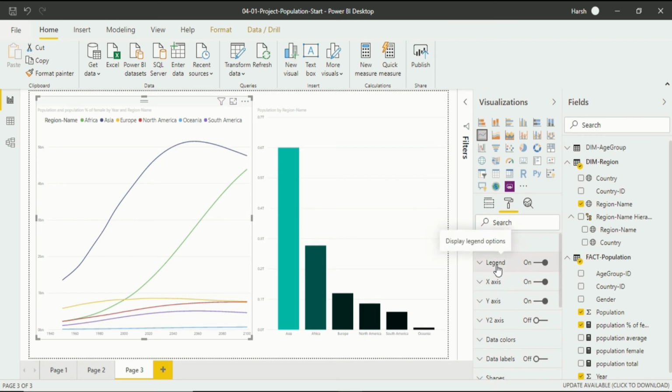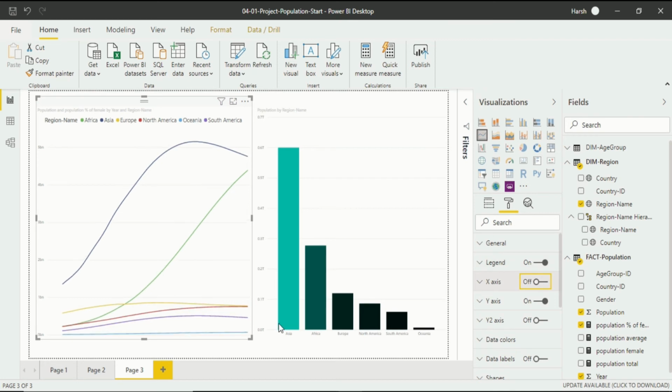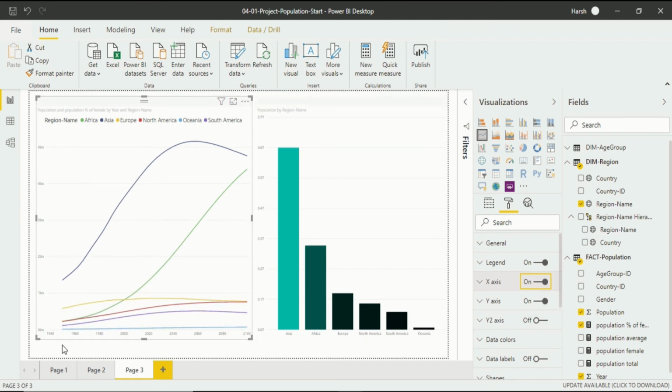Now after the legend, we will move on to the X and Y axis because these are the two most important axes that we need. Now what does the X axis on and off do? Now if I put it off, you won't be able to see the timeline that is present just underneath this table. Again, if I click on, you will be able to see this timeline. So that's how the X-axis on and off works.